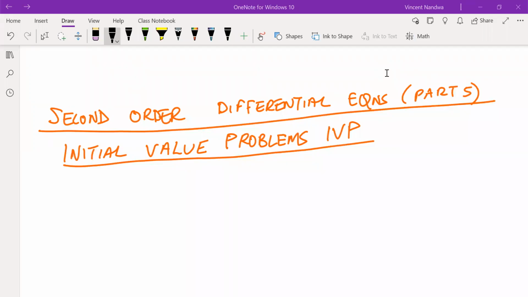Welcome. So in this session, we are going to discuss initial value problems and boundary value problems for the case of second order linear homogeneous differential equations. So an initial value problem